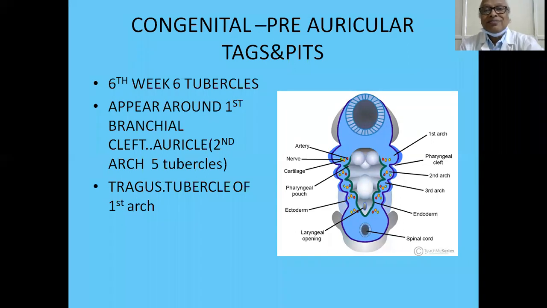Now the importance of these congenital defects is, sometimes it may be associated with some other defects in the body that we have to keep in mind. Something might be there in the heart, something might be there in the lung, in the kidney. Just have an idea about them. If there is a congenital defect somewhere, we have to look for other congenital defects elsewhere in the body. That is the significance. In general, these things have nothing to do with hearing.